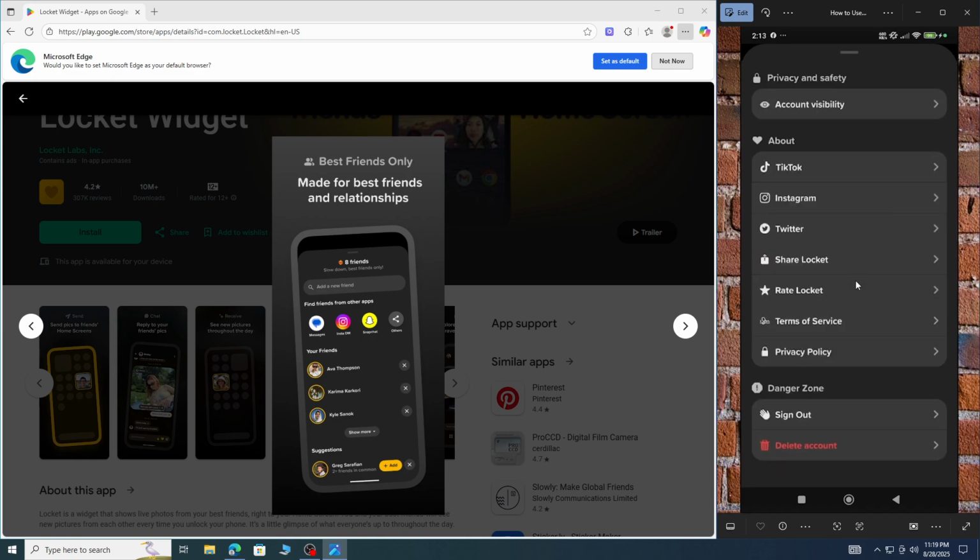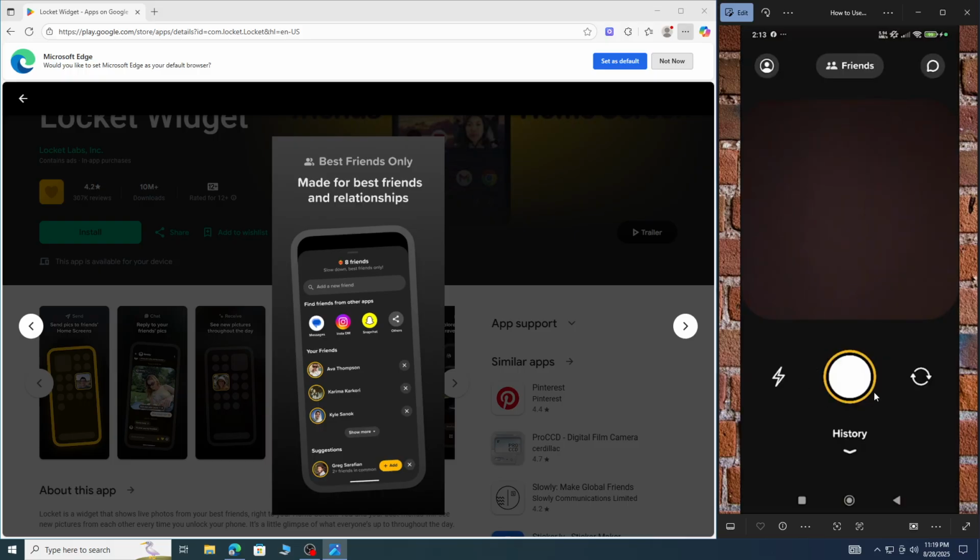And that's it. That's how you set up and use the Locket Widget app to share live photos with friends